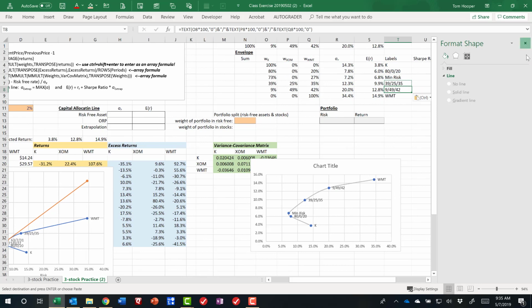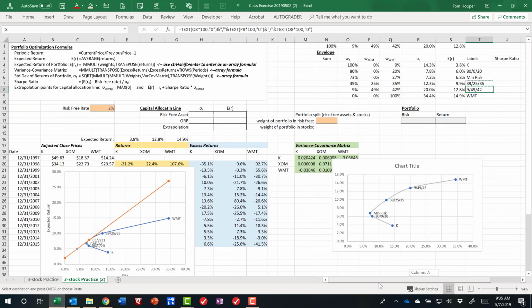One way we can change the scale of that chart is by putting on our capital allocation line, which we're going to calculate in these 6 cells. We're going to get 1, 2, 3 points for that. One thing we'll need to do though is get the tangent point, so we'll know where that optimum risk portfolio is. Let's just do that one up here and call it the tangent. The last time we need to use that line. And our Sharpe ratio